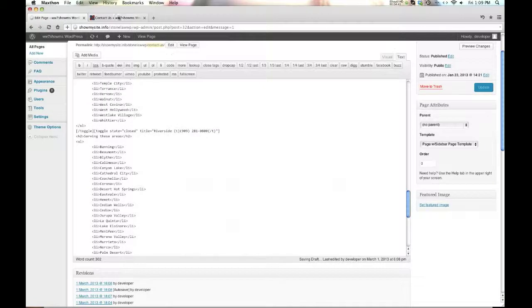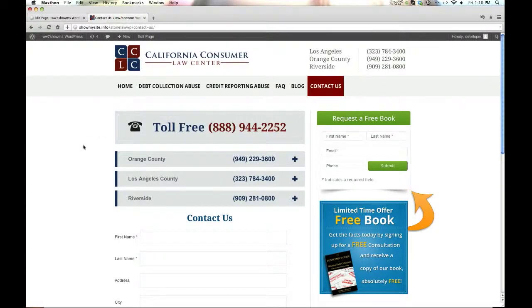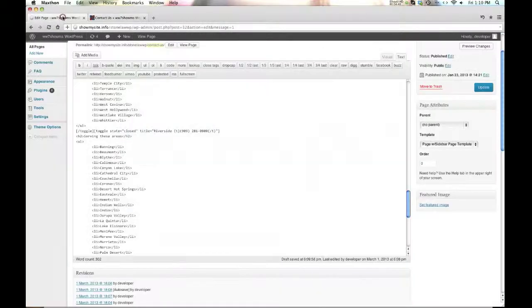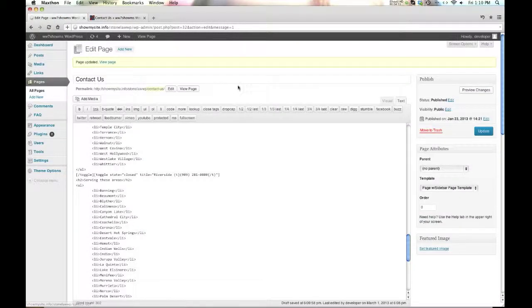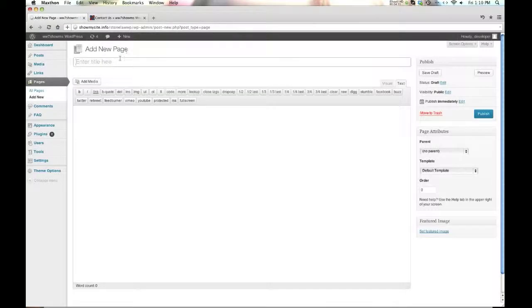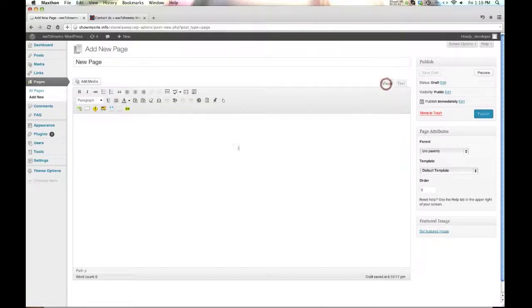Now, I did mention in the beginning of this tutorial about going over creating pages, because this is a page that has a specific layout. So if it ever happens that you need to do that, we could do add new, right, new page. Let me get Visual Editor on. Then you put your content, and then what's important is this little drop down over here on the right. Default template, and you see blog page template, FAQ layout template, your page with the sidebar. Okay, so I can do a full width. If I come in here and start adding my stuff, and I publish this,